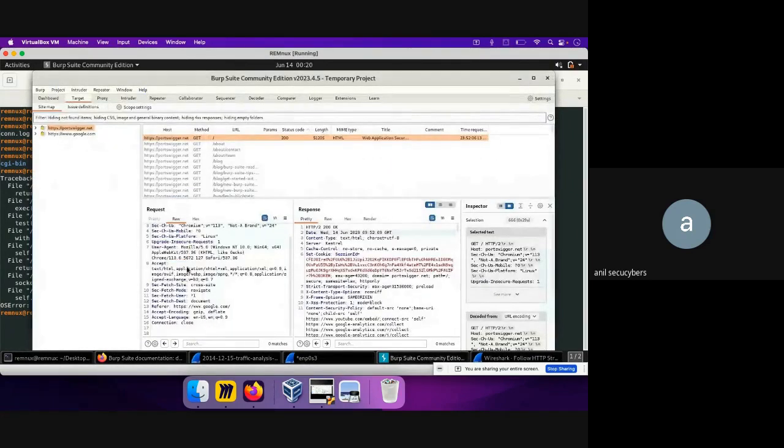So let's say this one, where we were visiting the portsfigure.net, what we see is that there's a referrer header over here. Okay, and it says that the referrer header is google.com. So what that means is that I, as a user, didn't directly go to the portsfigure.net, but rather I first visited google.com. Okay, over there I searched for a specific keyword like portsfigure.net, and I got a list of hits. So what I will say is that, let me just quickly